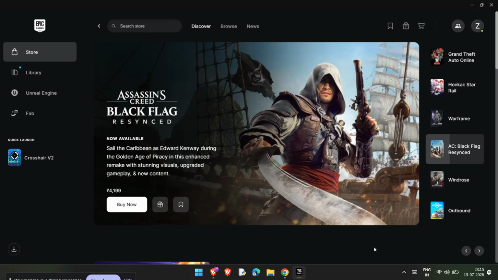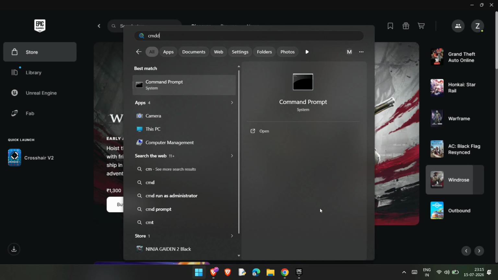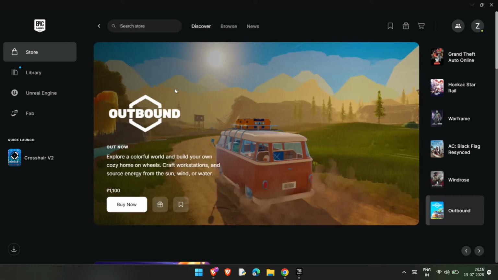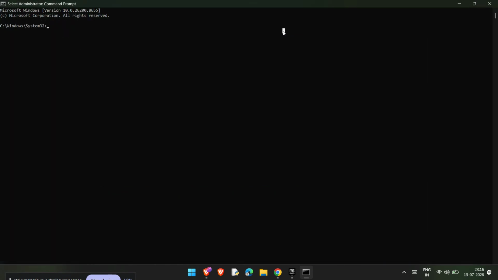Alright, let's get into the first step. Open the command prompt as administrator. To do that, click the Start menu, type command prompt, then right-click it and choose Run as administrator. If Windows asks for permission, click Yes so you can make system-level repairs. Now, in the elevated command prompt window, type this command exactly as shown,